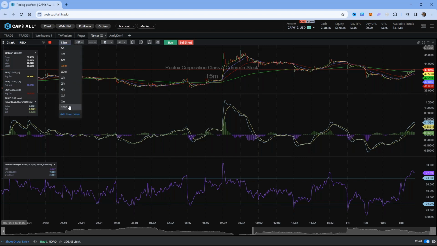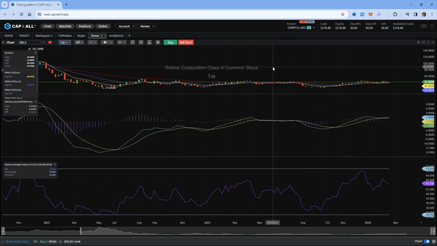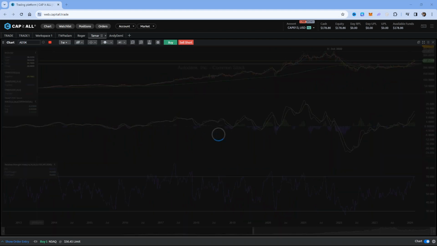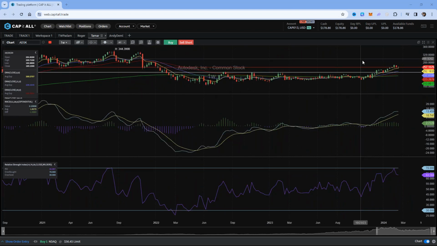This is Roblox. I think this is an AI play. Again, really not a lot going on there. What about Autodesk? This looks like it's coming out of a range here. Nice price action, indicators confirming the smooth